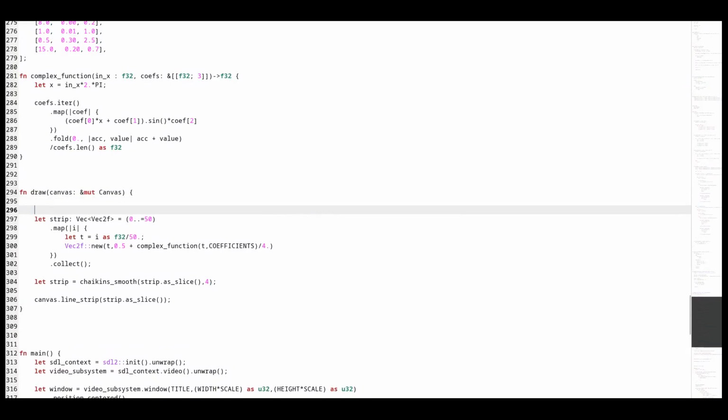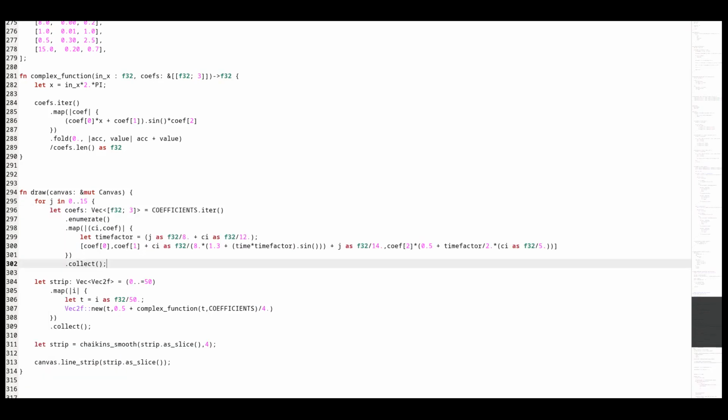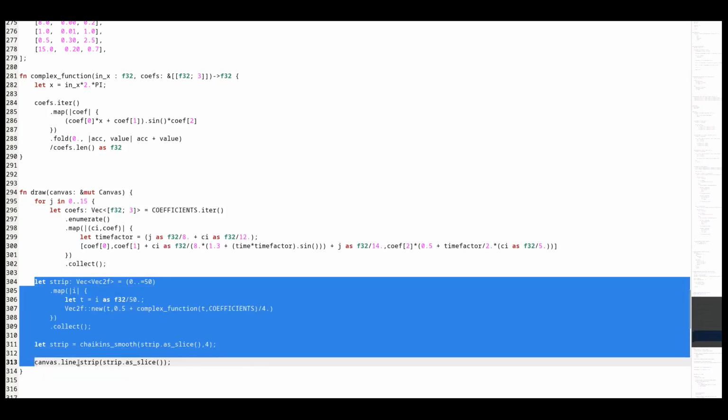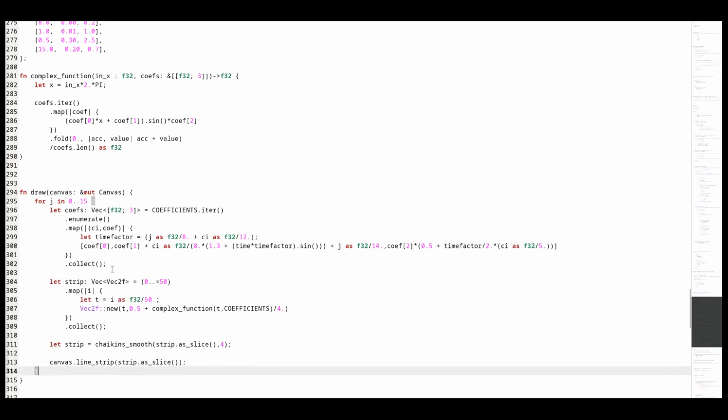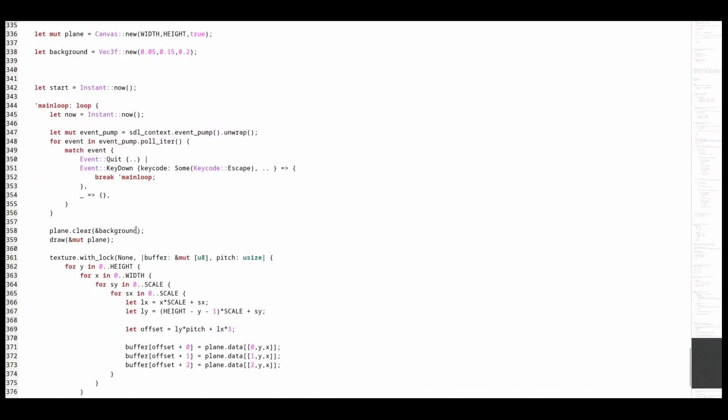Let's now create a few more lines. Also, this is where we start to use the start variable from the main function.